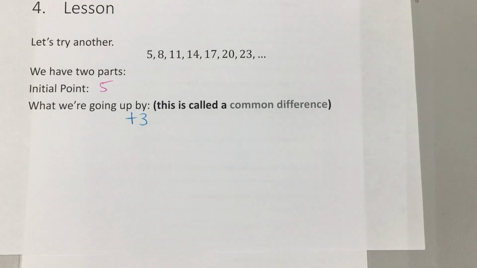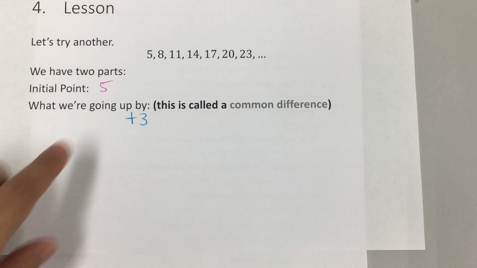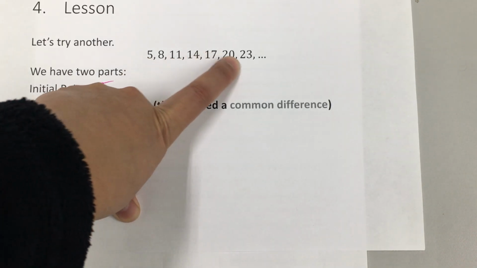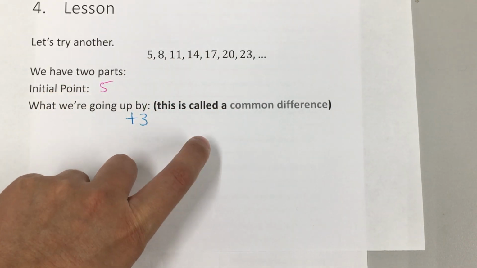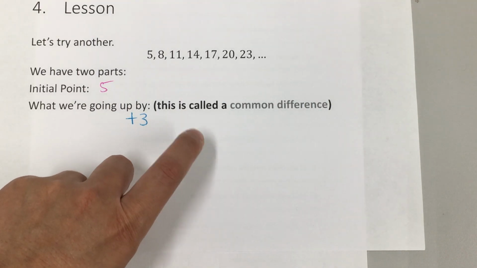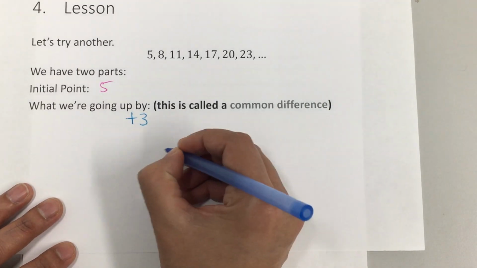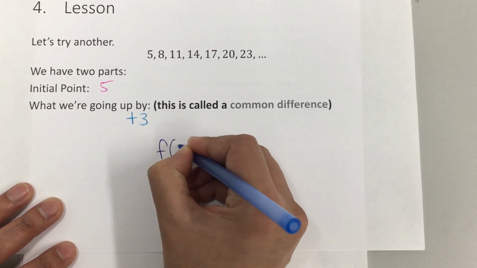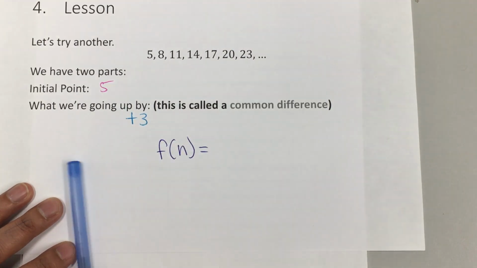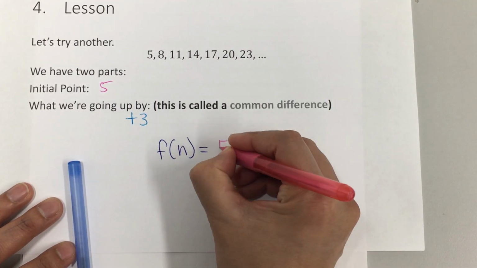Again, you don't have to figure out day 2000 or day 1,000,000. Right now, what we want is that if you're given the sequence, all you have to do is write the explicit formula. And the explicit formula is always f of n equals initial point,